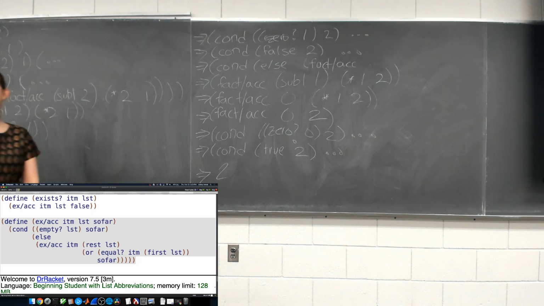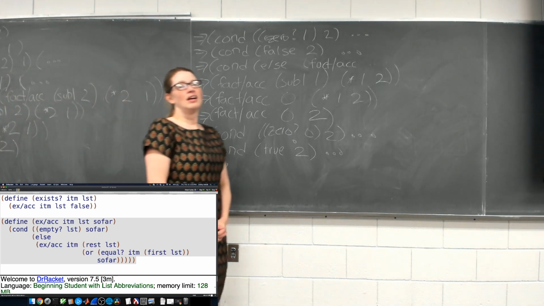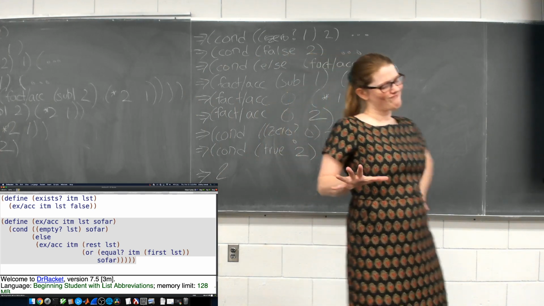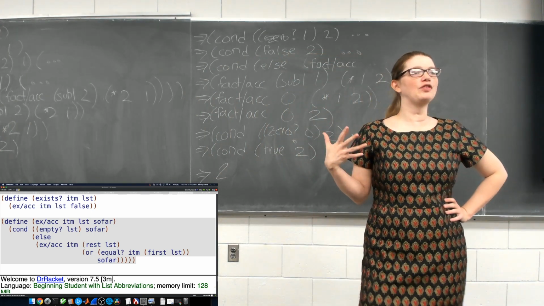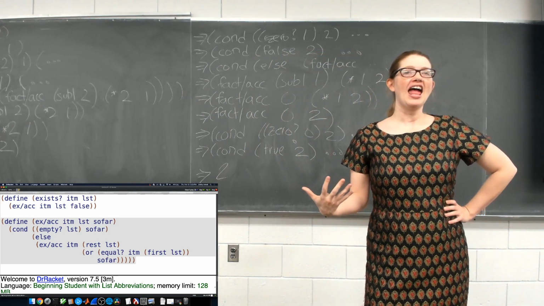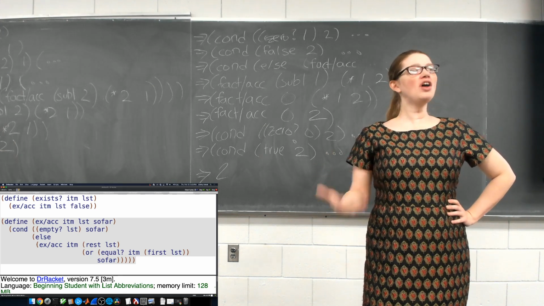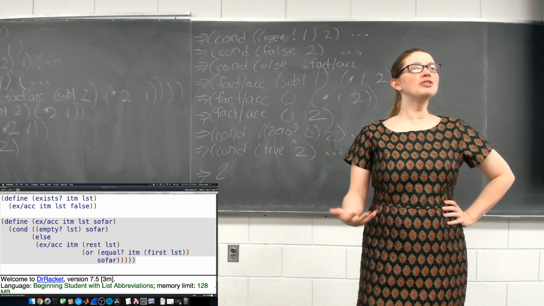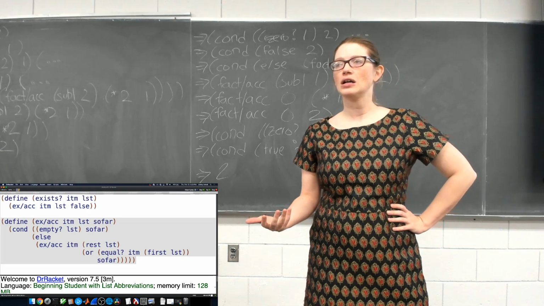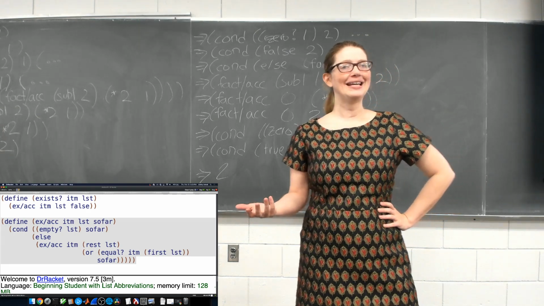There we go. That works. But here's the thing. Yes, this is an accumulative recursion version of member, but we only want to know if it exists in the list. Why would you continue searching a list if it's there? There's no point. You've already found it. So